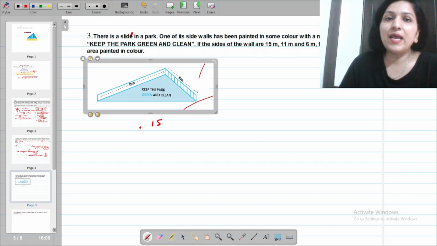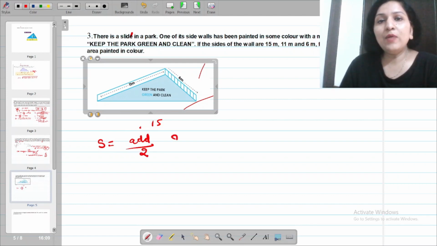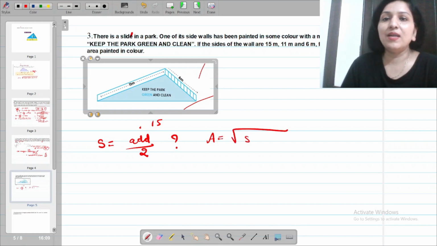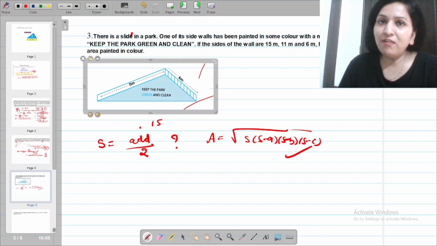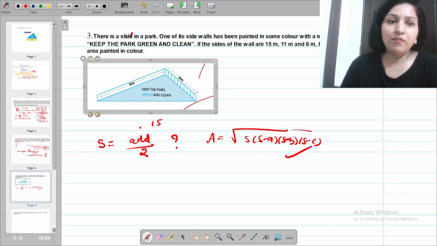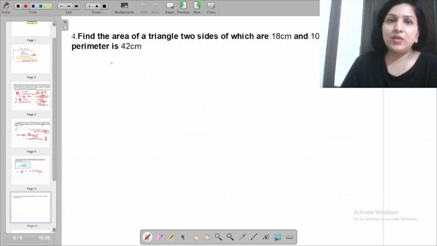ये जो आपको ब्लू में दिख रहा है ना, आपको इस ट्रायंगल का एरिया निकालना है. कुछ है ही नहीं इसके अंदर. No technical things are there. पहले आप semi-perimeter निकालो, add all the 3 sides and divided by 2. जो भी value आपकी आती है, then put it in the area. That means under the root that same one, s into s minus a, s minus b and s minus c. You can easily get your answer. If you still find any doubt, any difficulty, just put it in the comment. I'll redo or I'll share the solution with you. Okay, so this I'm leaving for you to be done. Move to the next question.